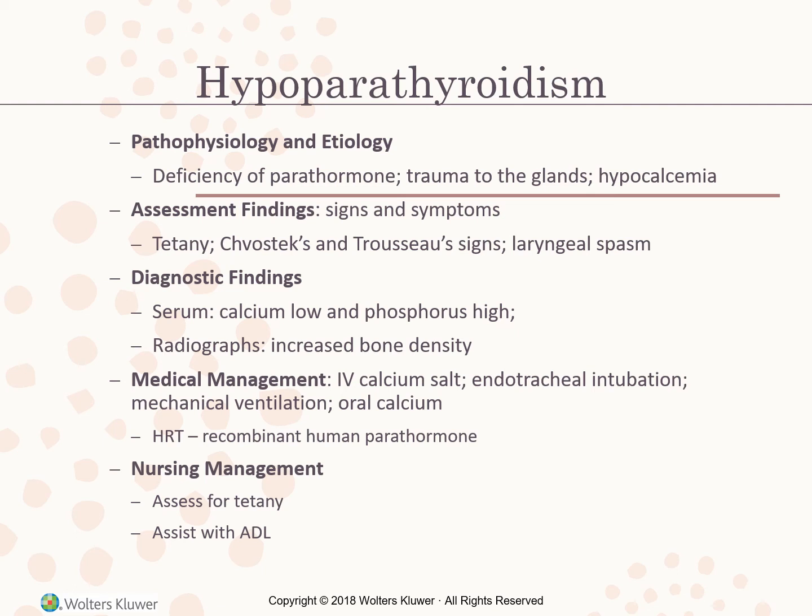If the nurse taps the client's facial nerve, which lies under the tissue in front of the ear, the patient's mouth twitches and the jaw can tighten. The response is identified as a positive Chvostek sign. The nurse may also want to check for a positive Trousseau sign by placing a BP cuff on the upper arm, inflating it between the systolic and diastolic blood pressure, and waiting 3 minutes. If the nurse observes that the patient has a spasm of the hand while doing so, this is evidenced by the hand flexing inward. That is a positive Trousseau sign.